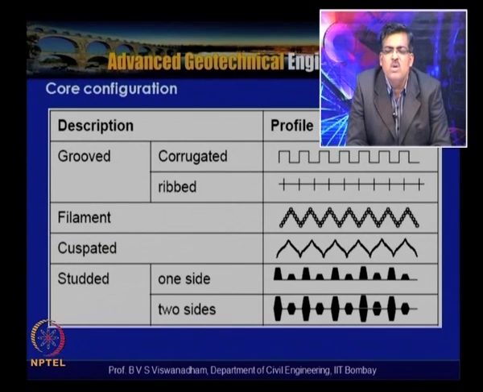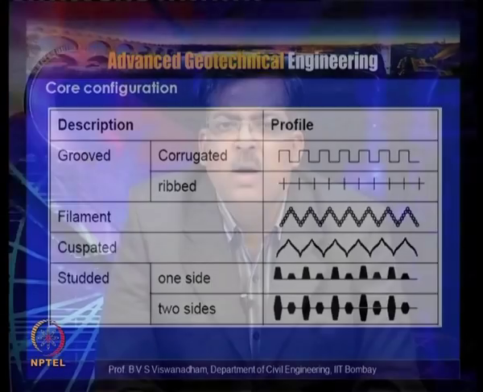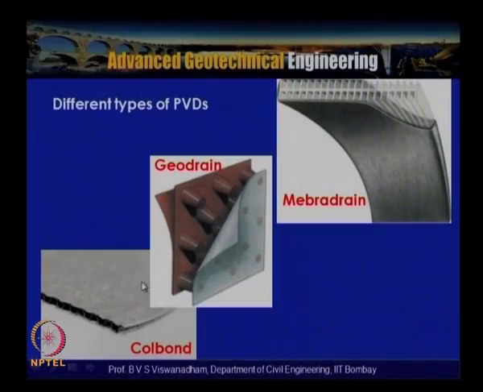So these PVDs also have certain quality control tests. First of all, the tensile load strain behavior needs to be investigated, and we also need to see, under single buckling or two buckles, what the in-plane permeability will be, and what the discharge capacity is, which needs to be assessed beforehand. Once these are ensured, an appropriate material needs to be selected so that it can be put into use. So these are the different types of PVDs shown here, and different manufacturers vary the core.